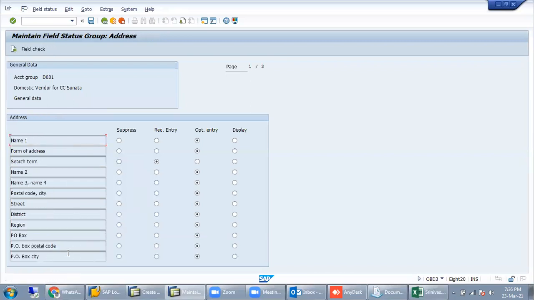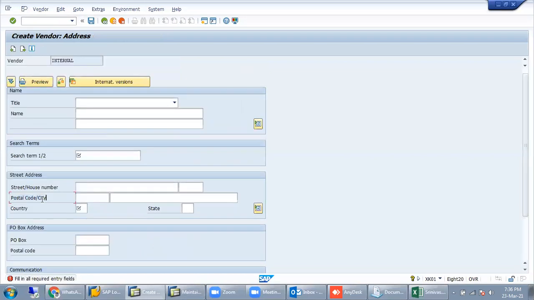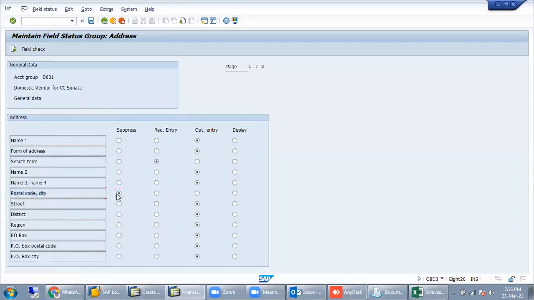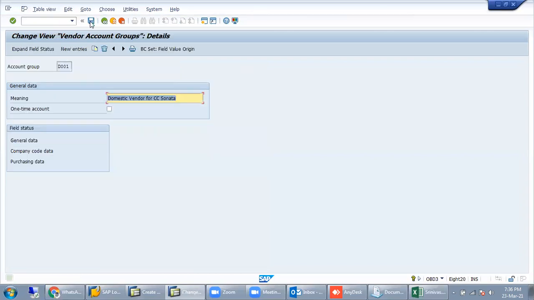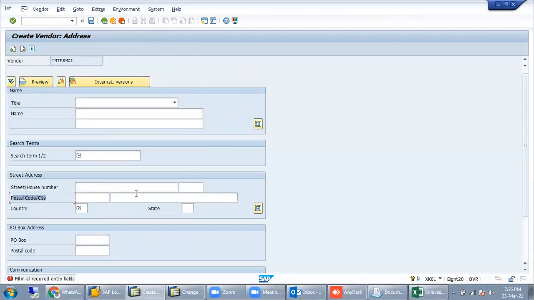This is the postal code and city. When we set suppress and save, what will happen? This line will be completely not visible here.